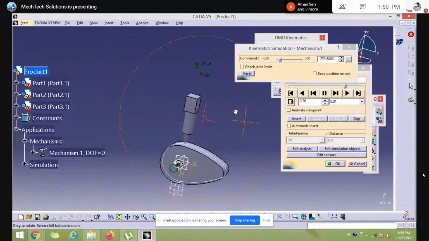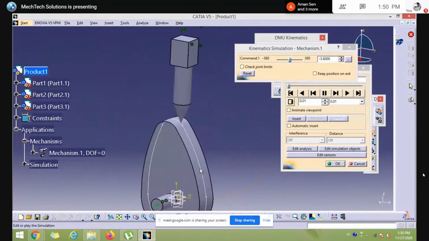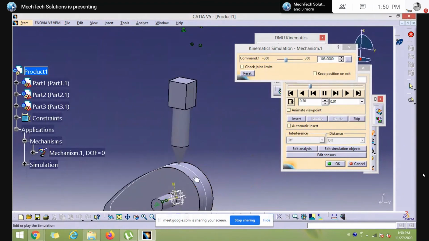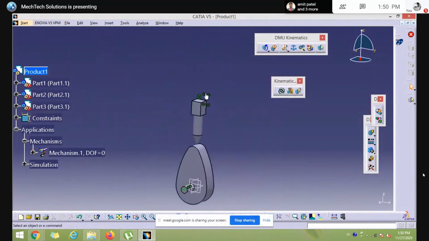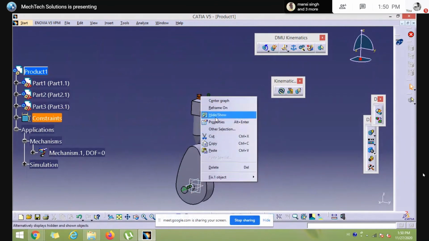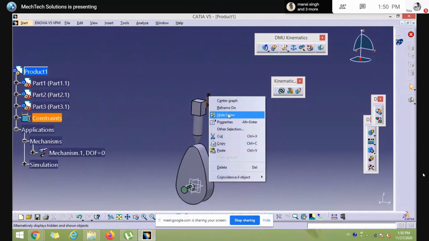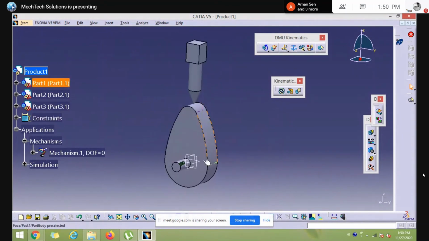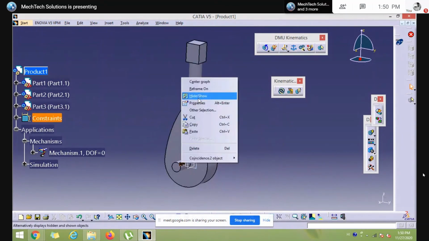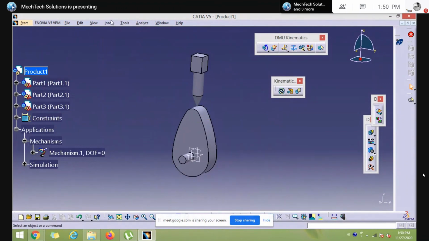So it's a cam and follower mechanism. We can even hide this part also, with this profile, and even these constraints. Now simulate it.